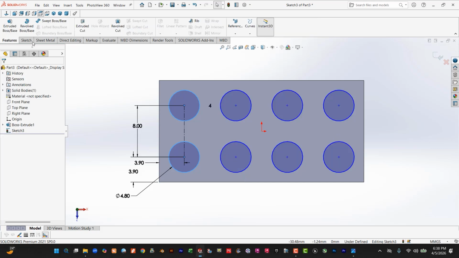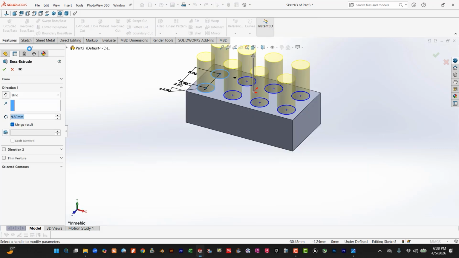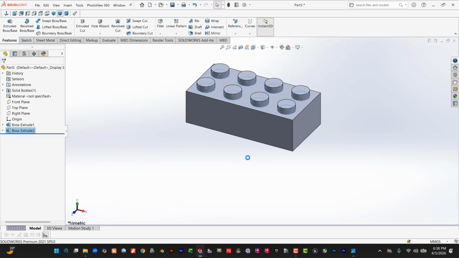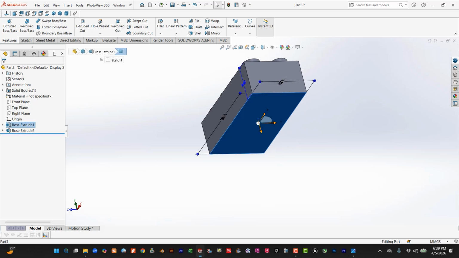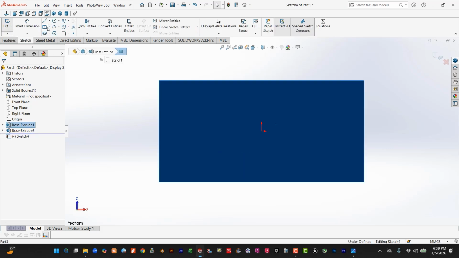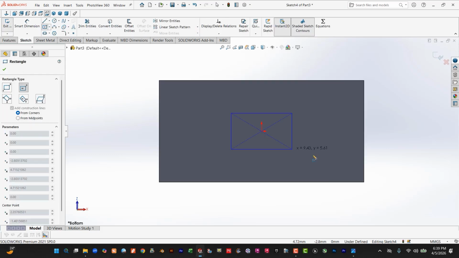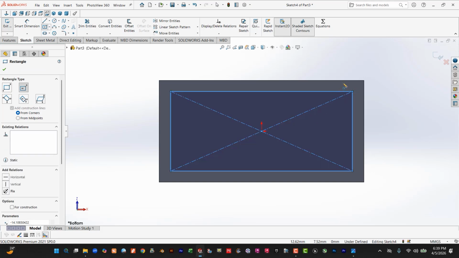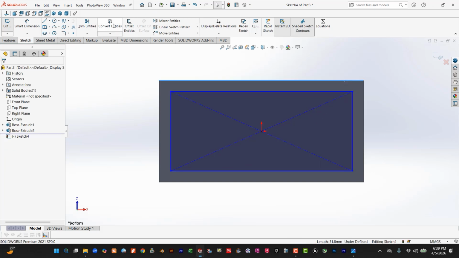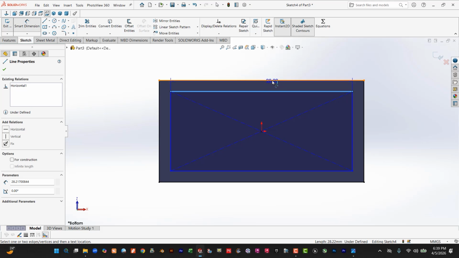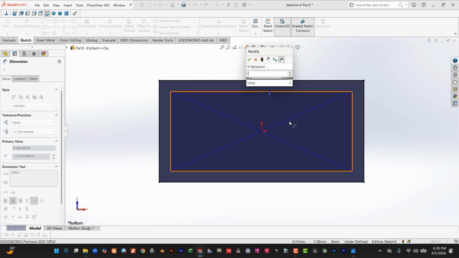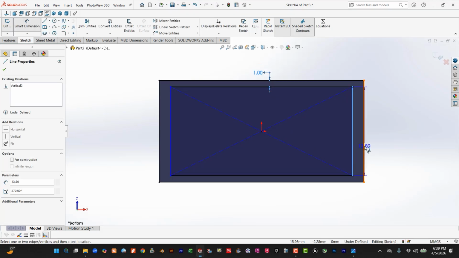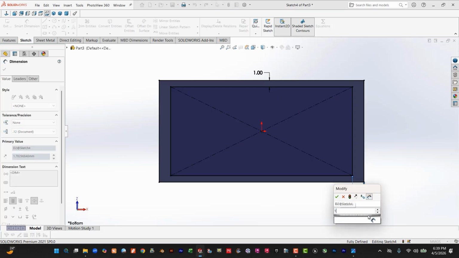close. Go to the feature, extrude base 1.8. Then select the bottom plane, sketch, draw a center rectangle again, okay, and this convert entities, okay. Smart dimension, the distance from here to here is 1 and the distance from here to here is 1,